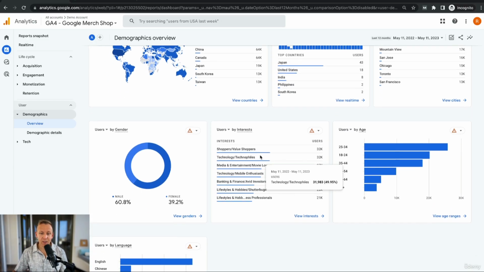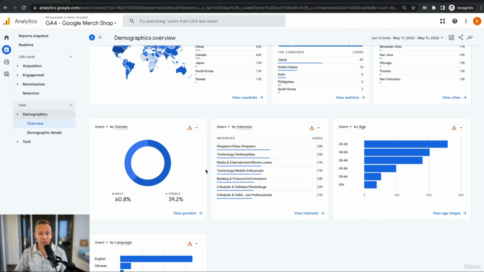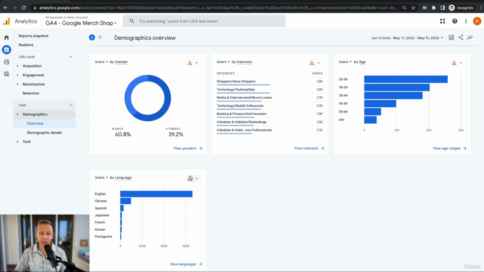Now, when it comes to interests here, these are usually very general. There's very little information to gather from it. You can go ahead and look at the language of people coming to your website, but even here you have to dive deeper. While we've seen in the location that there's a lot of people coming from China,